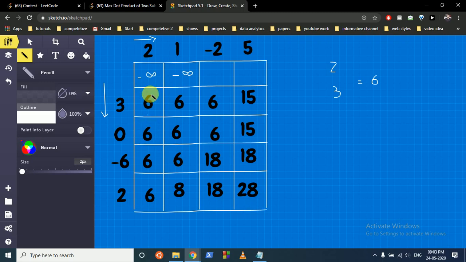Now take this element. We will be filling in the column-wise direction. Now if we fill this, we have one element 2 and this 0 and 3. So the maximum dot product we can get, we can only multiply this and this, and you can leave this. So you can take this combination or you can take this whole combination.